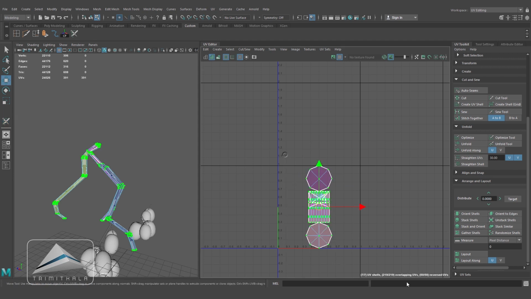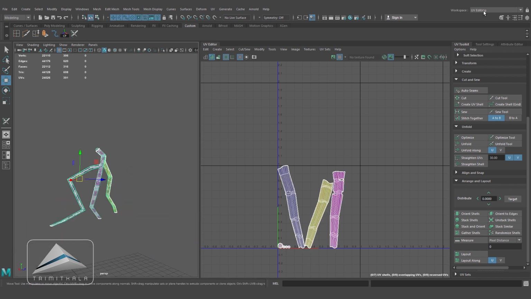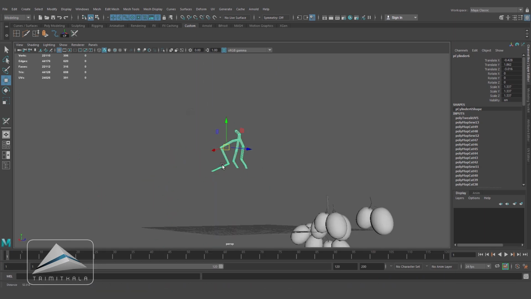Alright, now selecting all the UVs and clicking on unfold and clicking on layout. And you can see the UVs are evenly distributed. Just closing it.